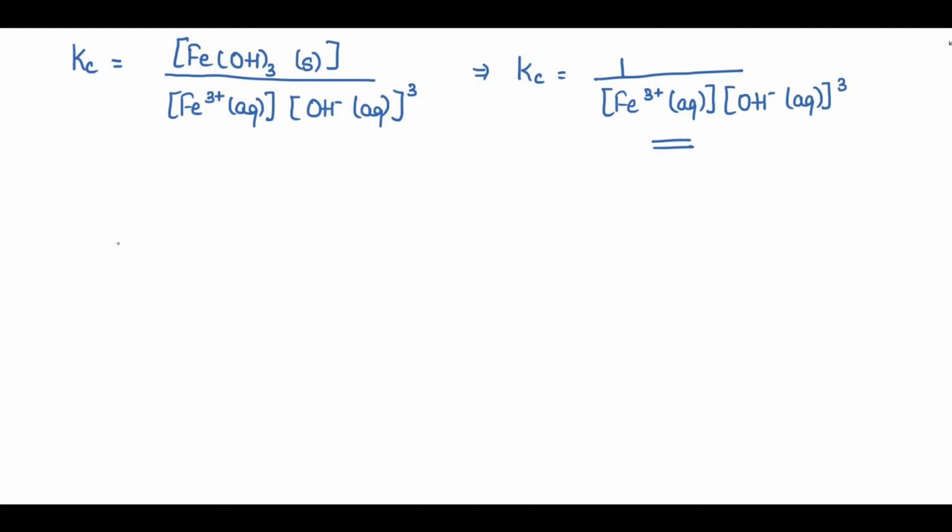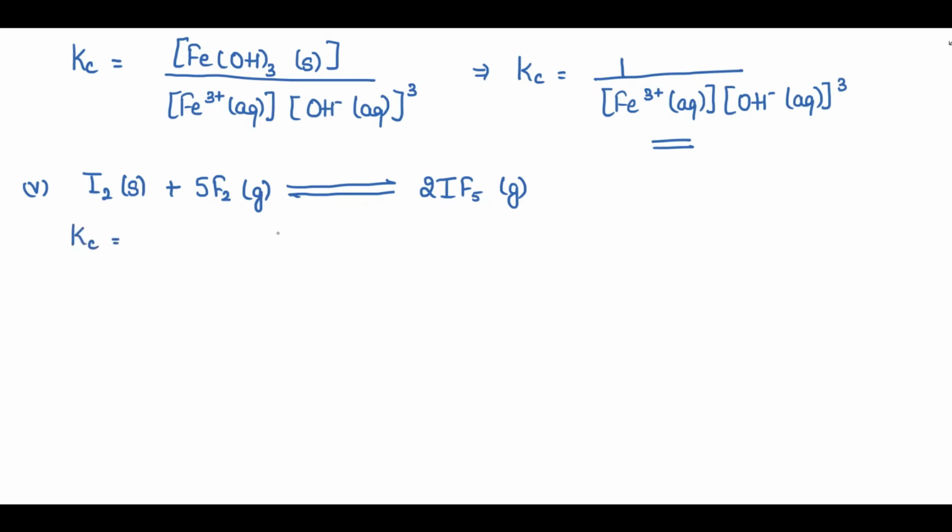Let's see the fifth problem, right? So the fifth one is I2 solid, that means iodine in solid form, plus 5F2, fluorine gas we are taking over here, and it is in gaseous state, right? Gives rise to 2IF5. It is also in gaseous state, right? If we see, iodine is in solid state, that means the concentration of iodine will not change, right? So we will ignore this concentration in the final expression. But before doing that, we will write the complete expression for equilibrium constant, right?